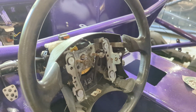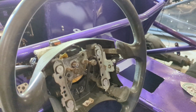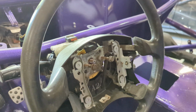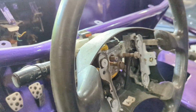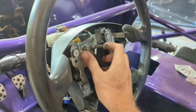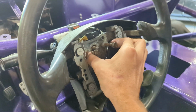It's a little shorter. It's not made quite the same as the Momo one, but it'll work just fine because all you really need is the splines in the center to be right, and the rest we can fudge. It's just aluminum. So once you take off, I use these two bolts I think to push it off. Once you take the factory wheel off,